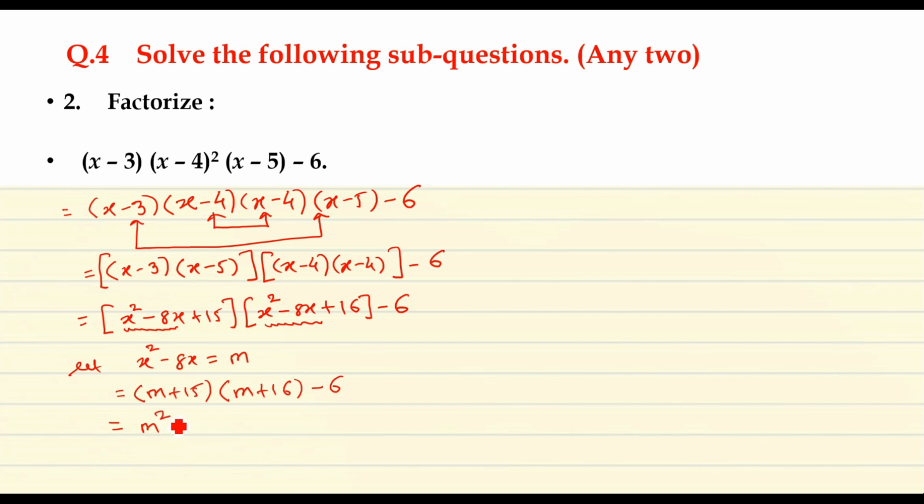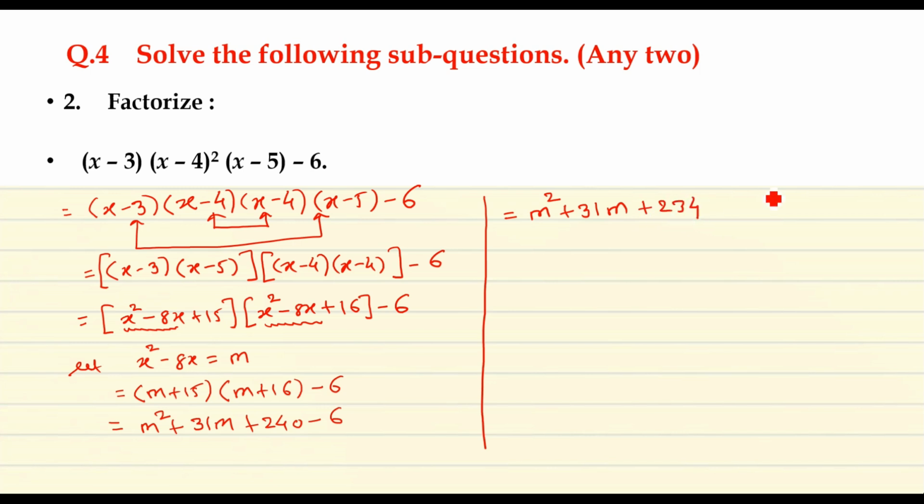This will be m square plus 31m plus 15 multiplied by 16, I will get 240 minus 6. So once you get the quadratic polynomial m square plus 31m and 240 minus 6, I will get